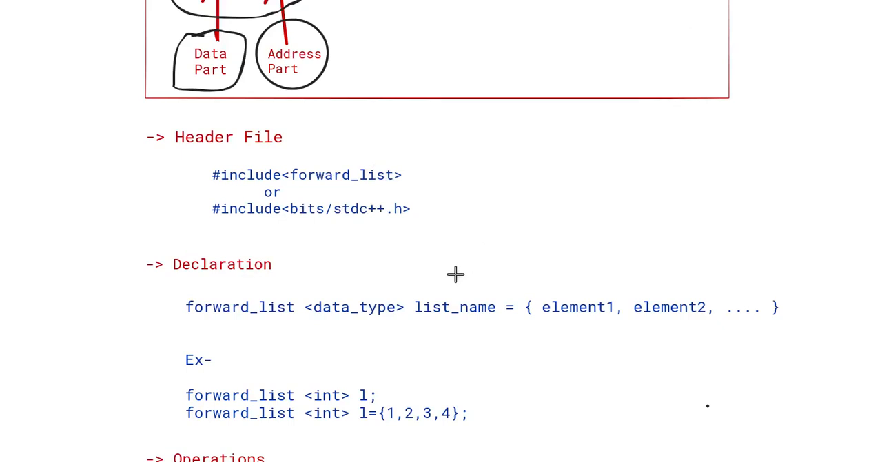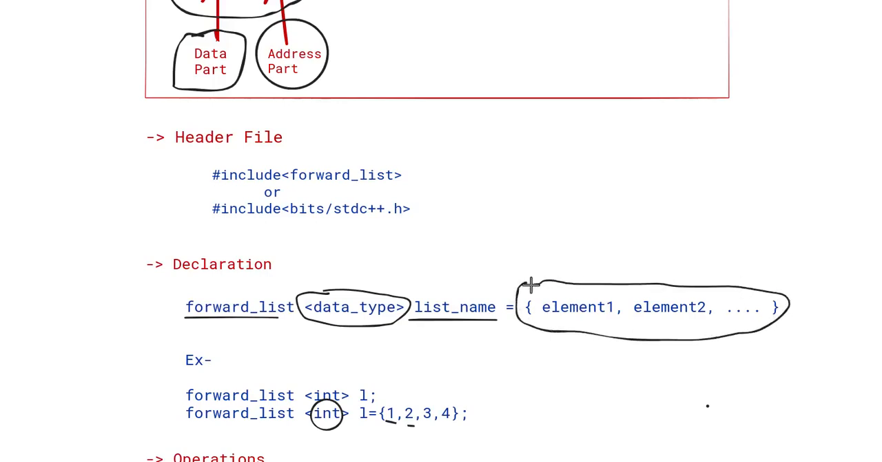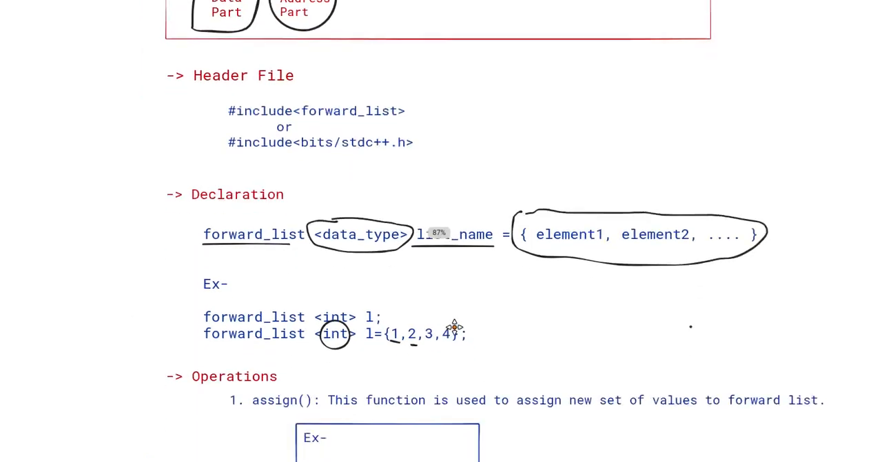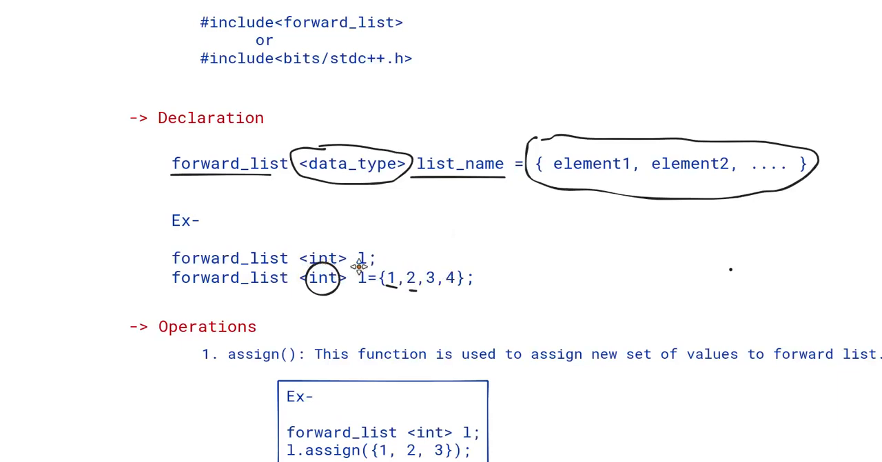Okay, now how do we declare it? We write forward_list and we mention the data type of the forward list. It means what type of data you are going to store in this list. So if you are storing int, see here int, you are storing integer data types. That's it. And obviously you have to specify a list name, and then you can specify the elements like this here, or there are other functions to enter elements into this list. So see here, we are declaring a forward list without specifying any elements. And then